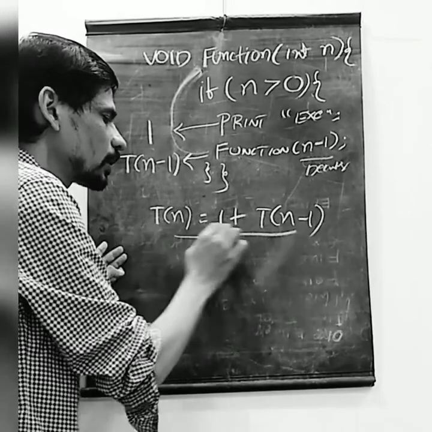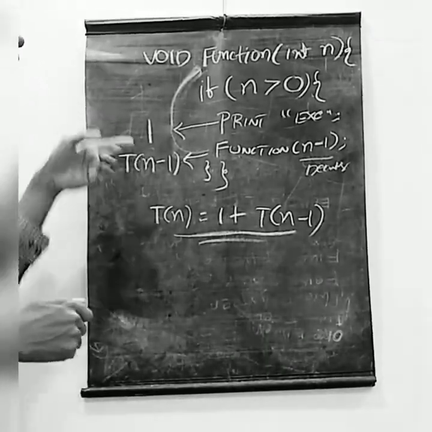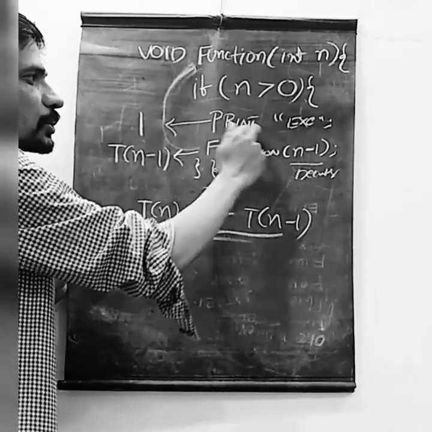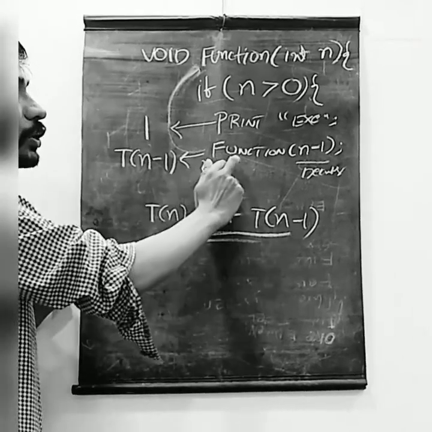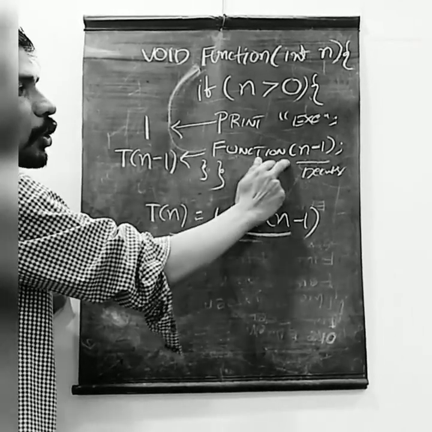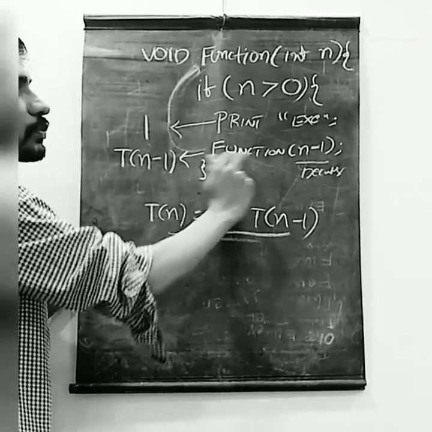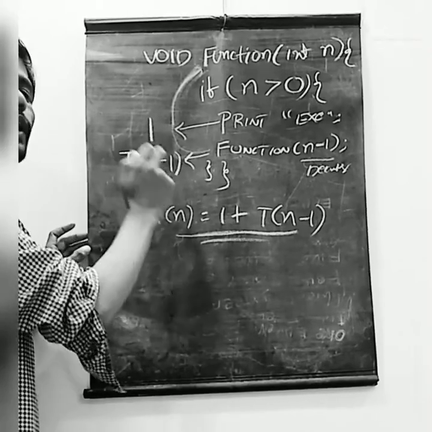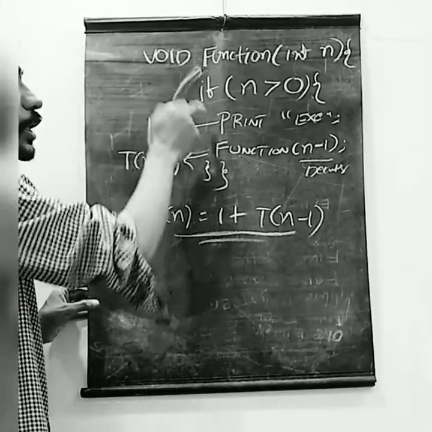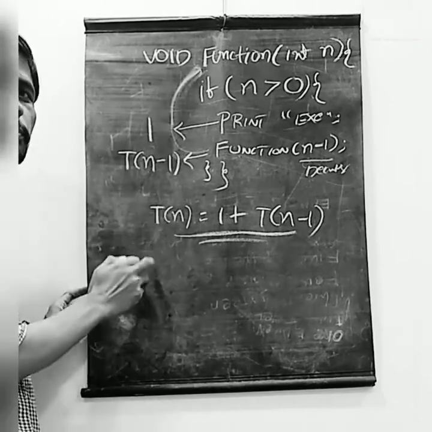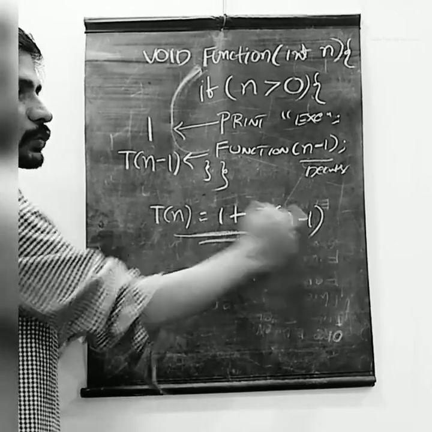We call this the recurrence relation for this program. This statement is constant time, so it is 1, whereas the self-call requires T of n minus 1 time. So the total time required is T of n equals 1 plus T of n minus 1,